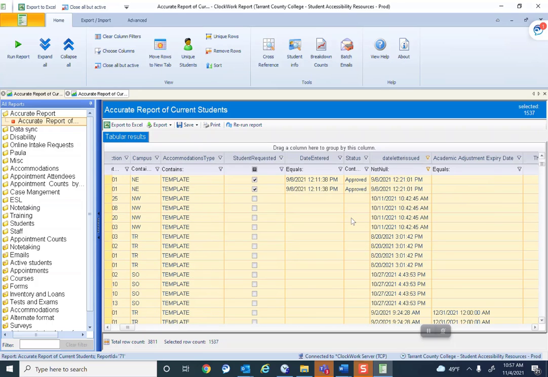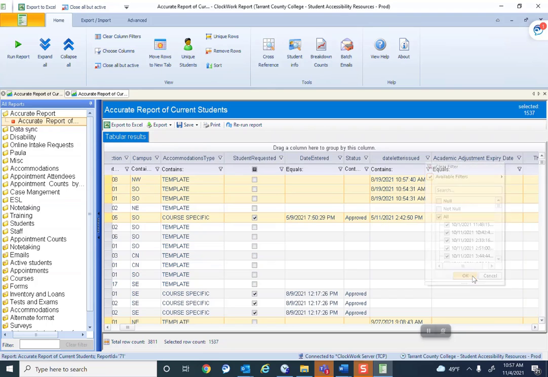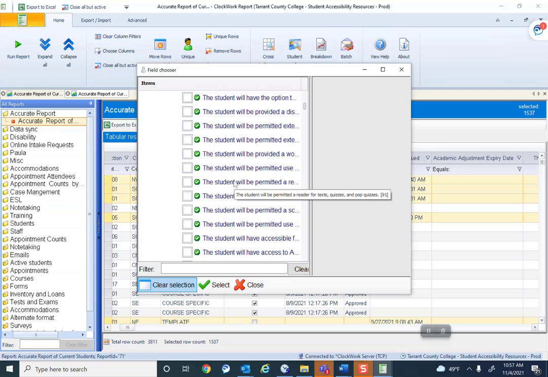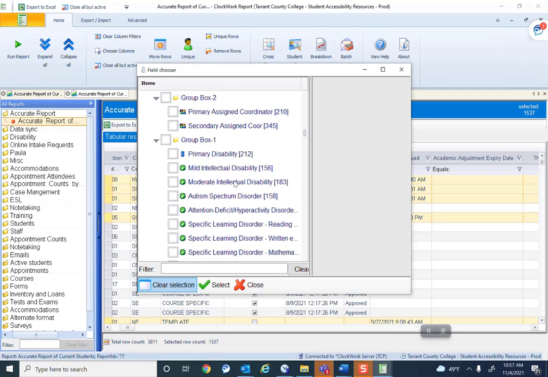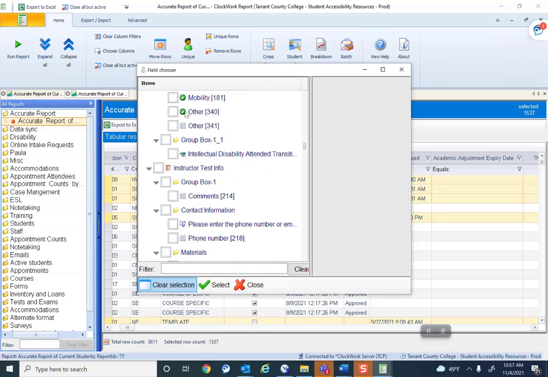Within the Clockwork reports, some other things that we can do is we have students who have other as their disability. We can cross-reference this. So we click cross-reference and we scroll down under disability, we have other with the checkbox, so that means that one was checked off, and then other with this little white box. That is text, so there's text in this. So if I click that, click select,